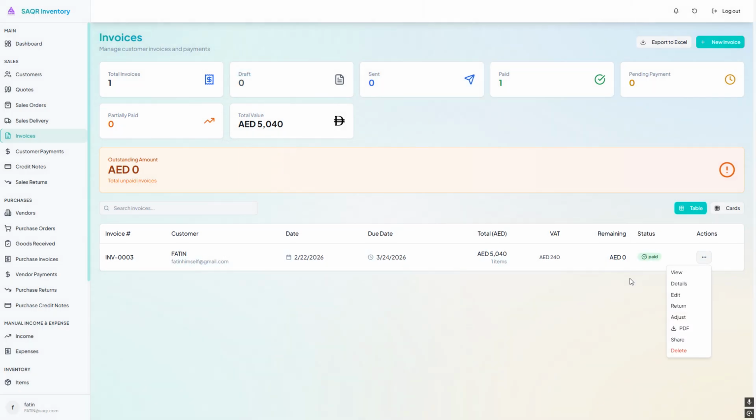Now we'll be going over the applying credit notes module. So we'll be going over the next